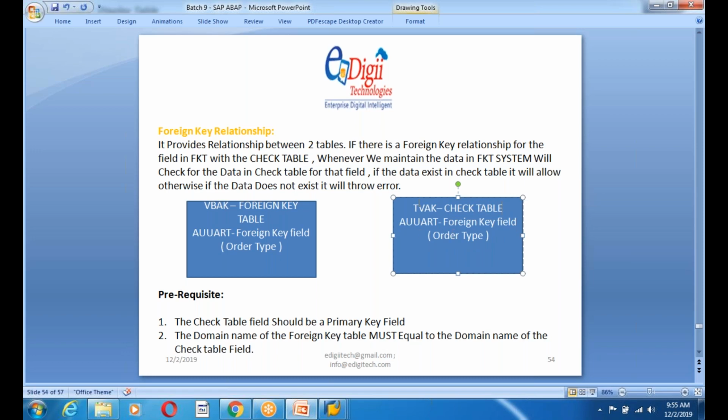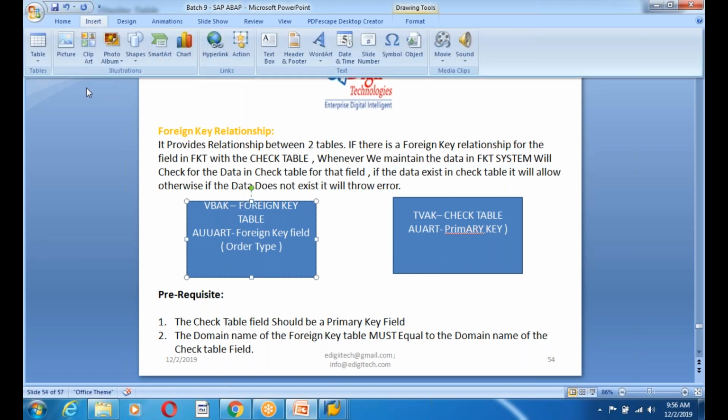The check table is used to check the values, right? The order type values, AUART. It's a primary key field. Primary key field of the TVAK, guys. So whenever you maintain a foreign key, it provides a relation between the two tables.